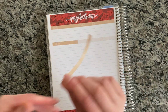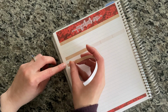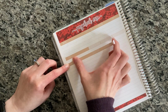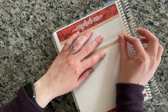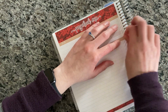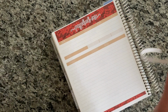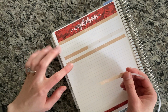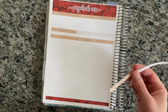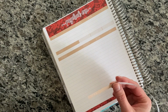I said first we'll put the expense on top. Another thing I changed for my January stickers was the font, because this font is very thin. It's not hard to read in person, but it's not the easiest to read because it's so thin, and then it's white on... we're just going to leave that. I don't feel like peeling it up. These are removable stickers, but I just cut my nails and they're not grabbing the sticker. It's not that bad. But anyway, on camera it's probably a little hard to see. They're very thin text. For the new ones, I got a thicker, fat font, because I felt it'd be easier to read. So I did that. All right, we're going to skip 5 lines